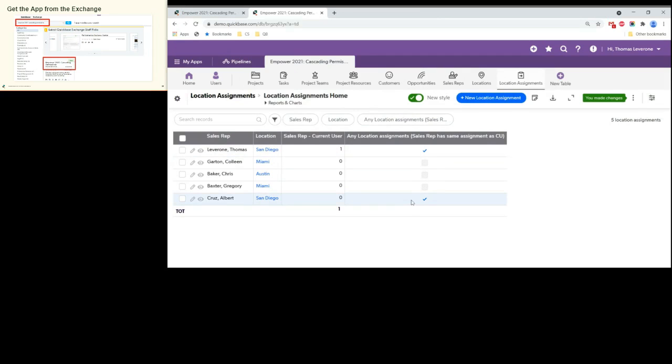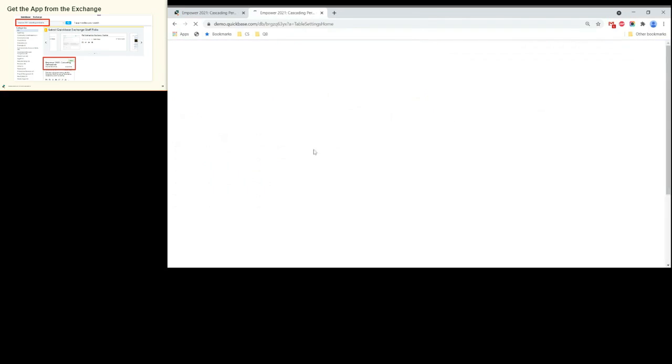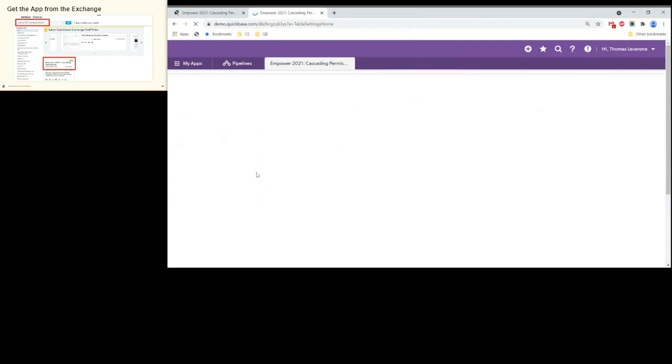We see Albert Cruz, San Diego, same assignment. We see check there. I want to take this check next to his name, bring it next to all of the opportunities that are assigned to Albert Cruz, and any other sales rep we have an assignment in common with. Okay, so I'll click on settings. We will go to table-to-table relationships, and we're going to start with location assignments back to sales reps, right? So we're kind of overlapping,